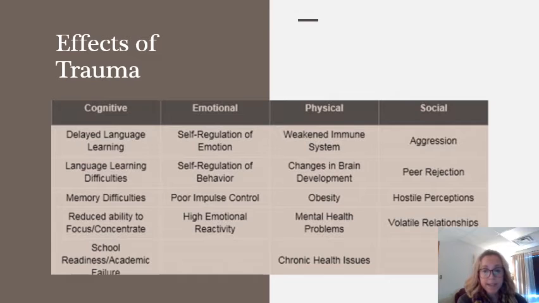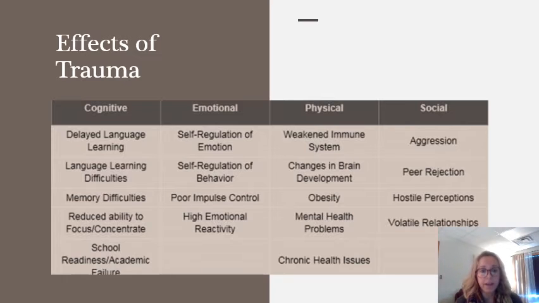Now, the lack of bonding and attachment can also affect a child and cause trauma. And the reason I really want to talk about this is because many times when children are put in care, they are separated from their parents. And at times they are attached to their parents. And that separation forms a sense of trauma, not only for the child, but for the parent.